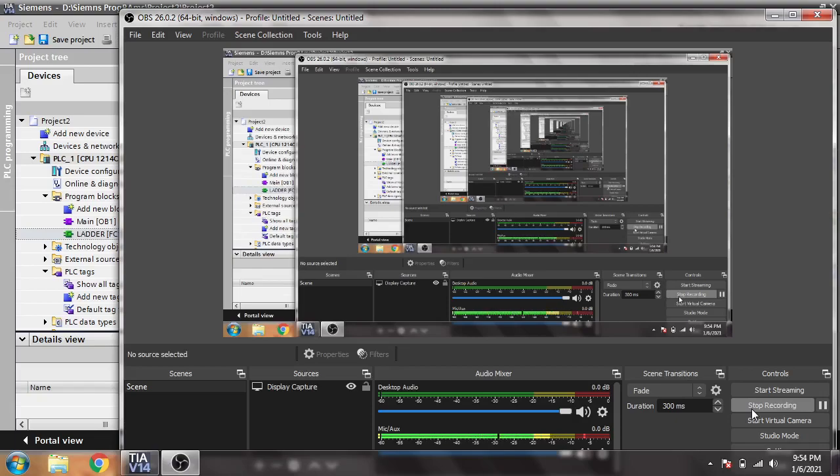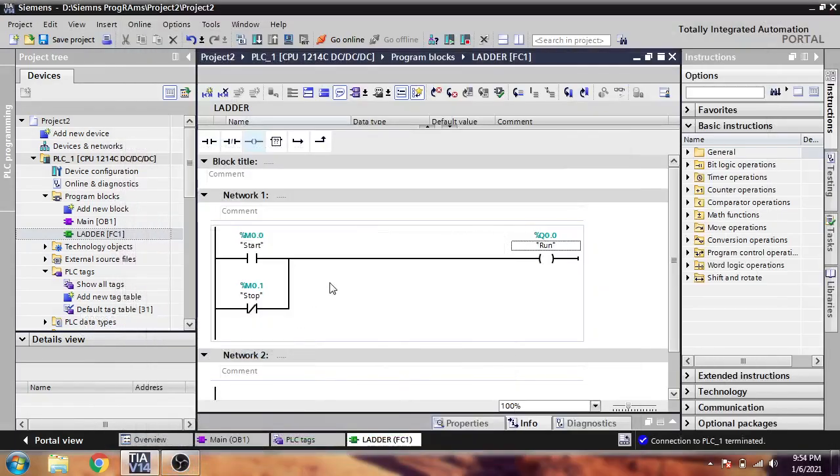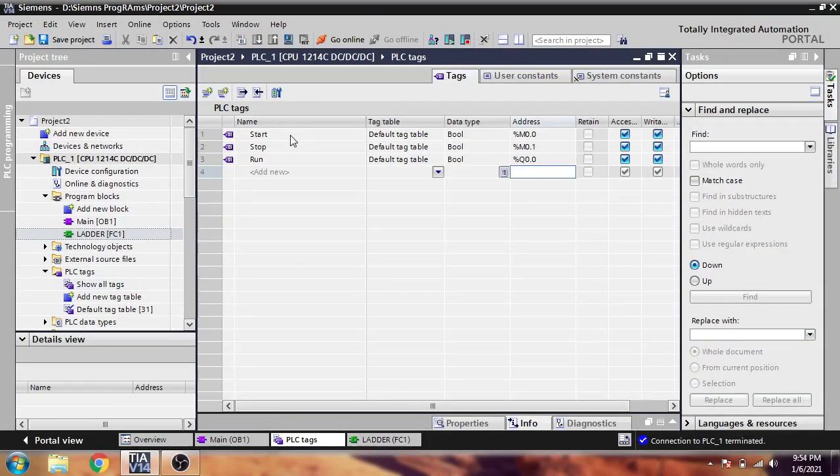In this video we are going to make some basic logics in SCL language. You will see how I create a program in SCL language. Here is my simple logic, which I will create in SCL, and you will see here are my tags: start, stop, and run. First of all, I'm